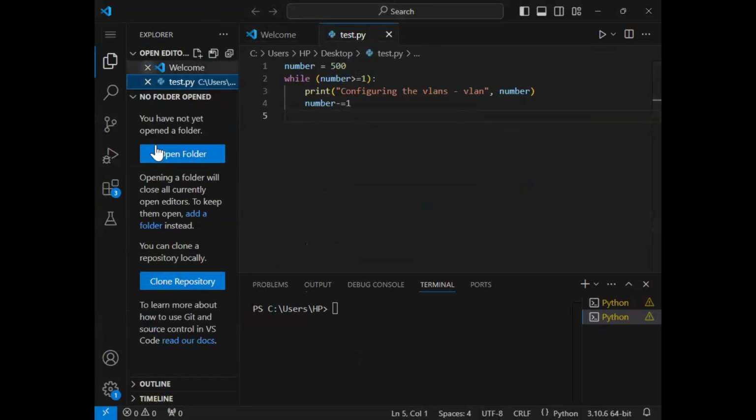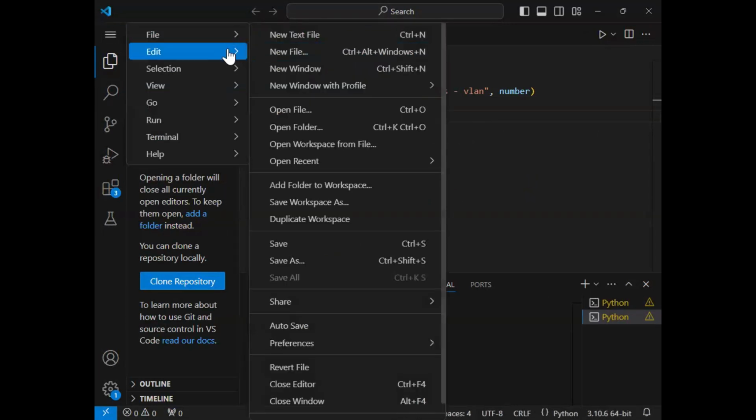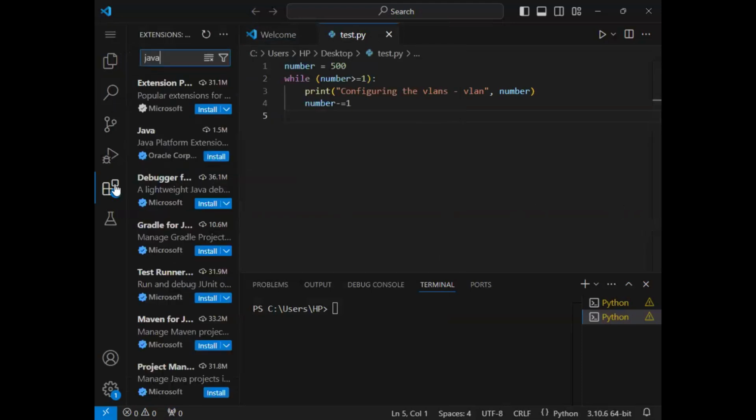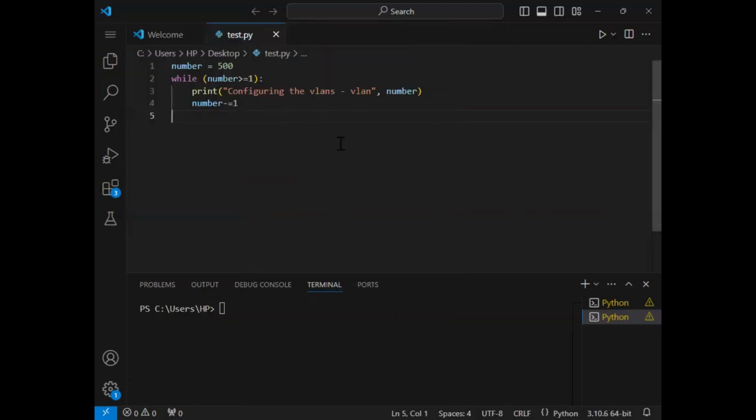Here you can see the Explorer, source control, search, run and debug, testing, and different information. We won't go with that. Let me just close it.